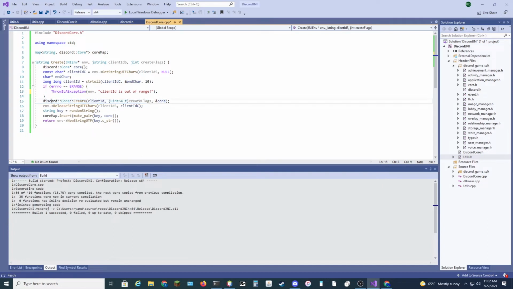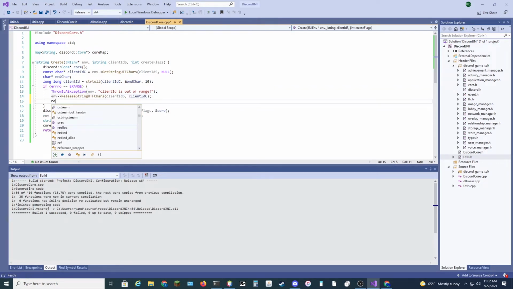And then, if this happens, what we then want to do is we will free the characters, and then just return null,